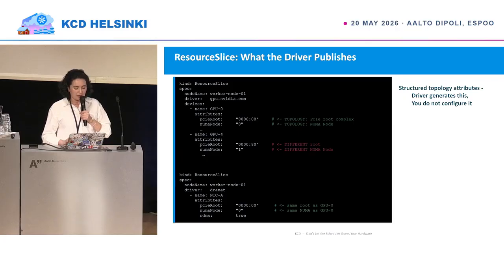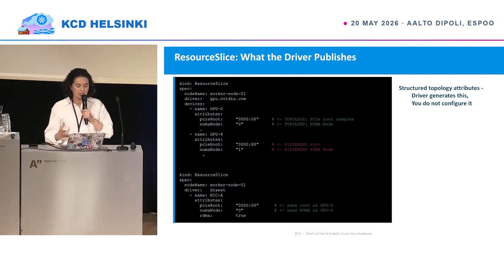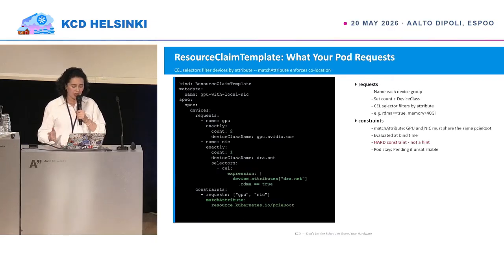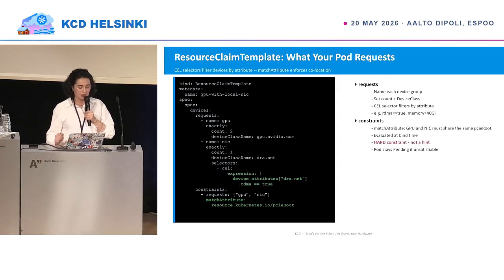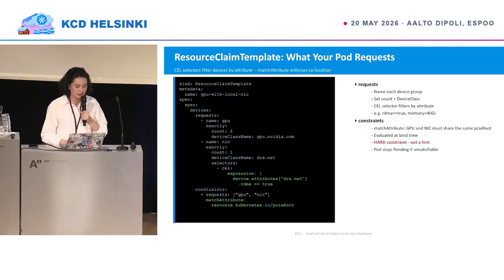The NIC itself has RDMA capability enabled. It's sharing the same PCIe root as the first GPU. Which means that this topology is now available to the scheduler. It can read it, understand it, and reason about it. On the other hand, the user can express the allocation pattern or intent via a very expressive resource